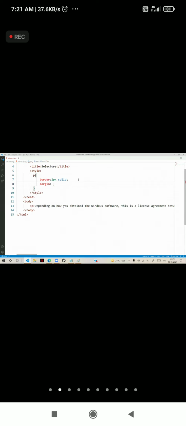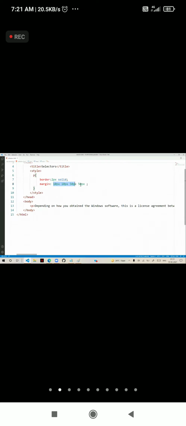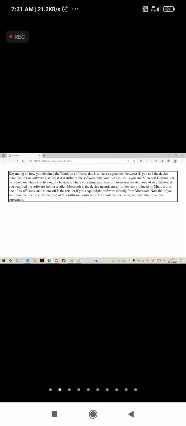Here I can write margin 10 pixel and 10 pixel, 50 pixel and 50 pixel like this. That means 4 values I gave, and margin will be applied in this way. Or you can simply give some 30 pixels, and in all directions 30 pixels will come.